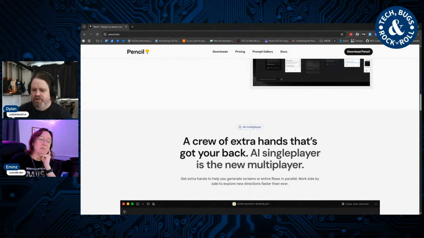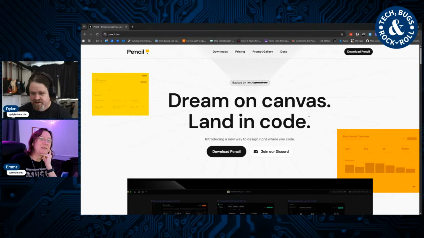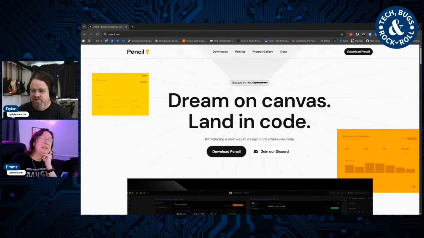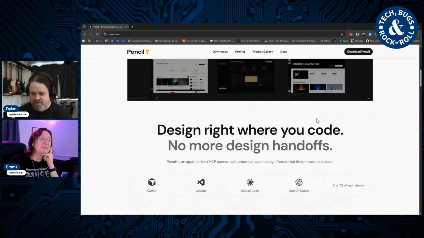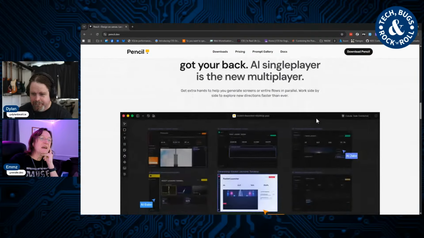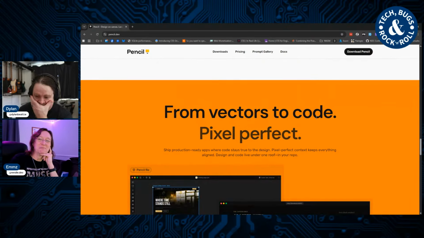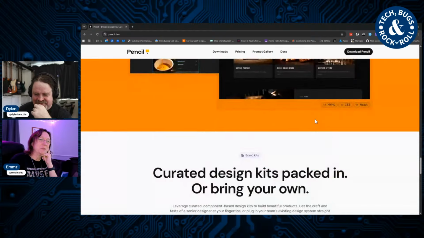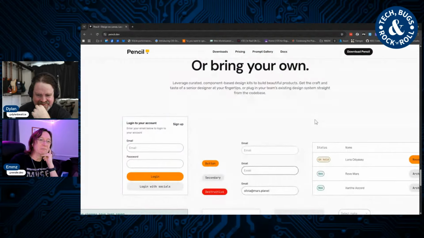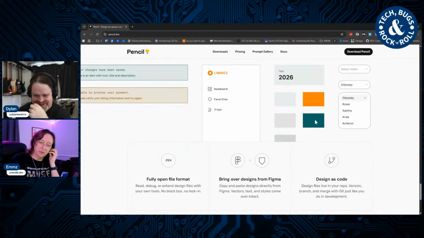So, do you want to know what the Tourette's punchline monkey in my brain said when it opened this website? Go on then. Oh shit, it's another half-assed re-implementation of 25% of Adobe Illustrator with a smart cloud platform bolted on the back of it with chewing gum. It's Figma with prompts, is what it is. Yeah, all right. But it works with your LLM, and it's one of the things that I'm seeing,